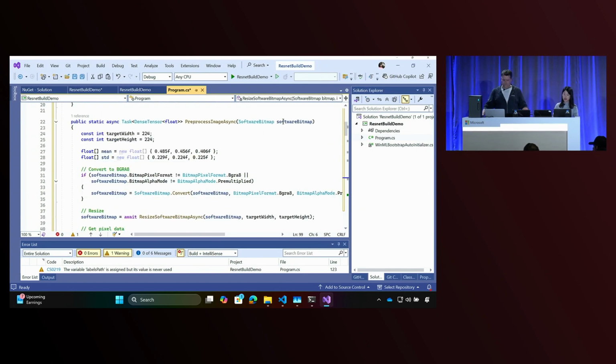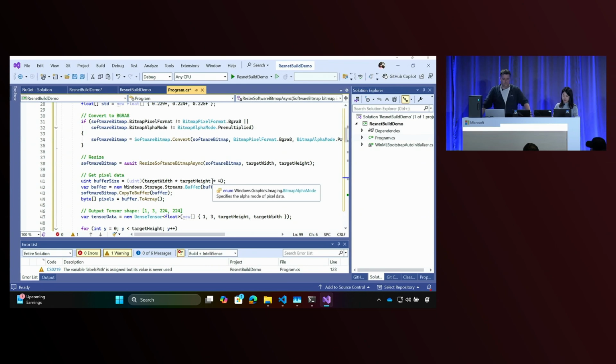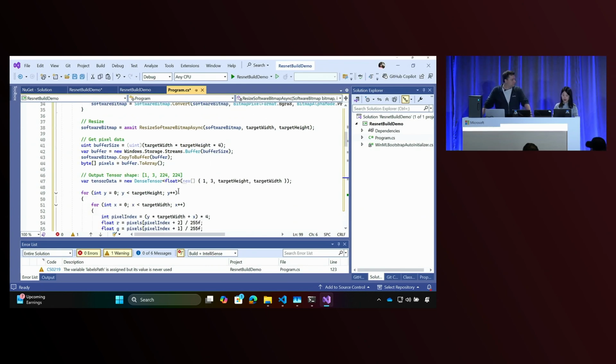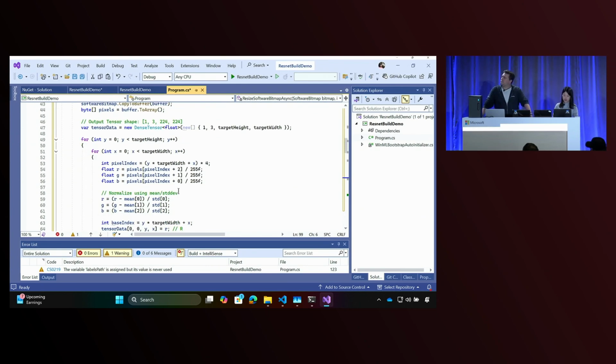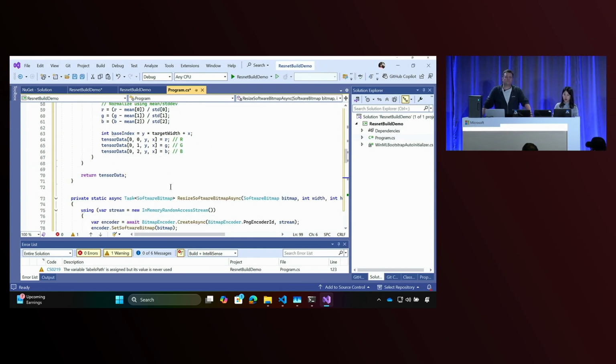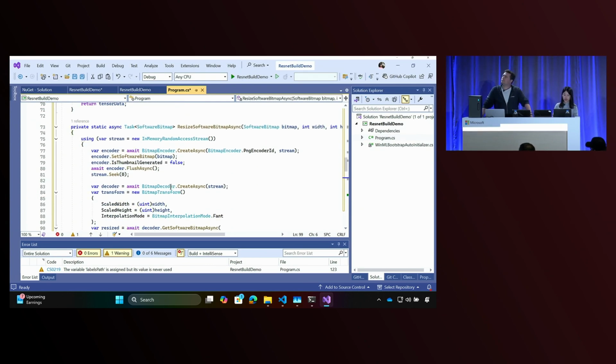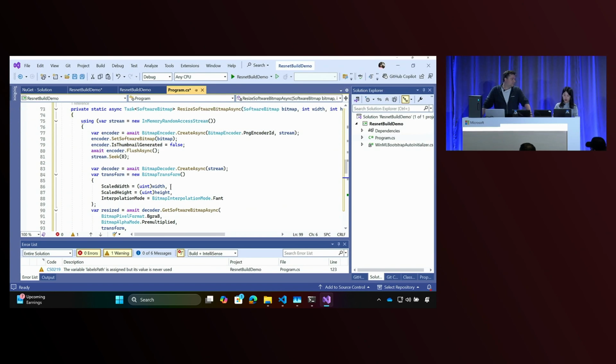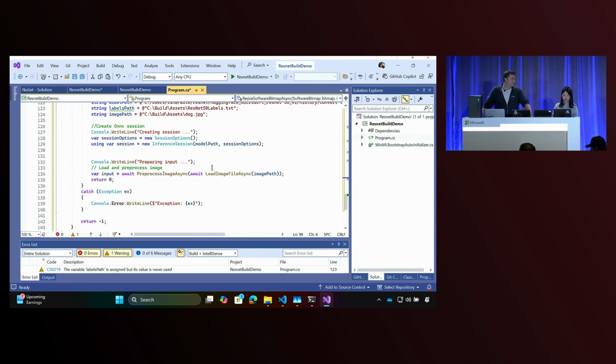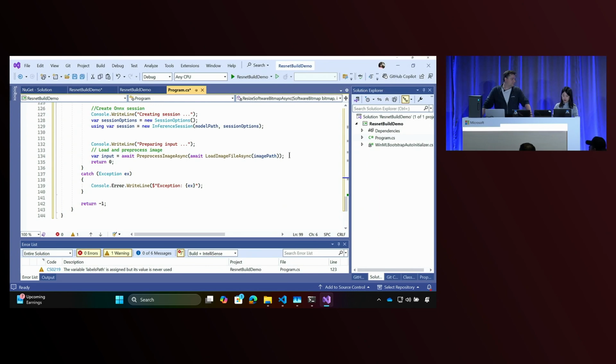And then it processes the software bitmap so it has the correct width and height, correct size, correct format, and correct normalization that's required by ResNet. These are standard image pre-processing steps. You can do it my way, or you can do it using a helper library like OpenCV. I won't go into too much detail here, but all of this code will be uploaded to GitHub tonight, so you'll be able to check it out as well. All right, so the image is loaded.